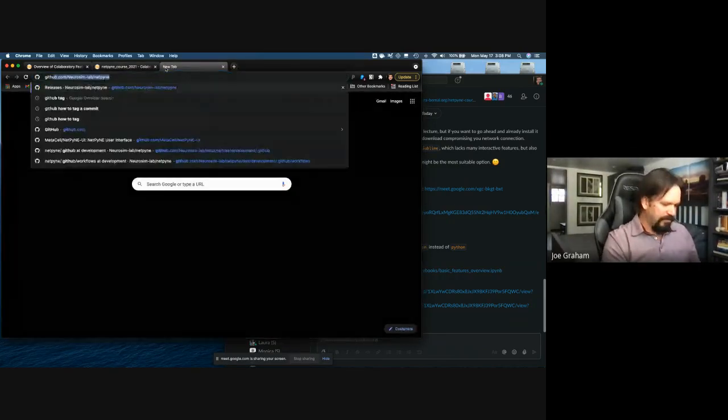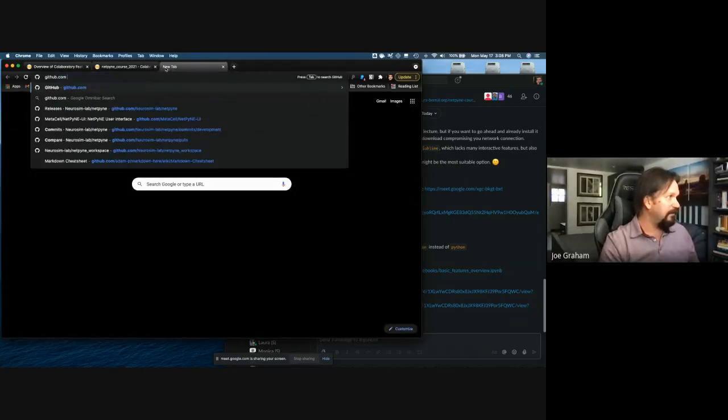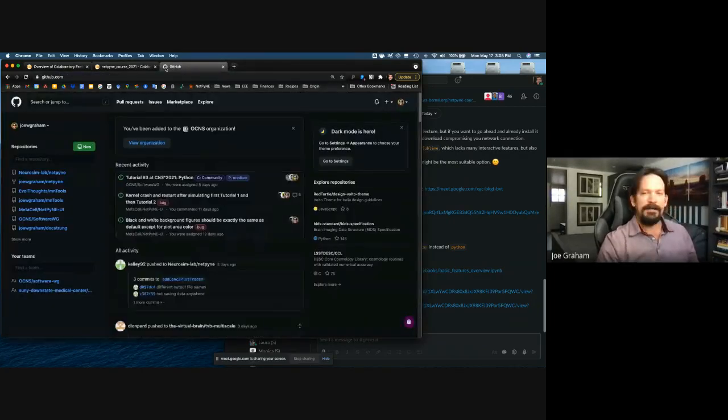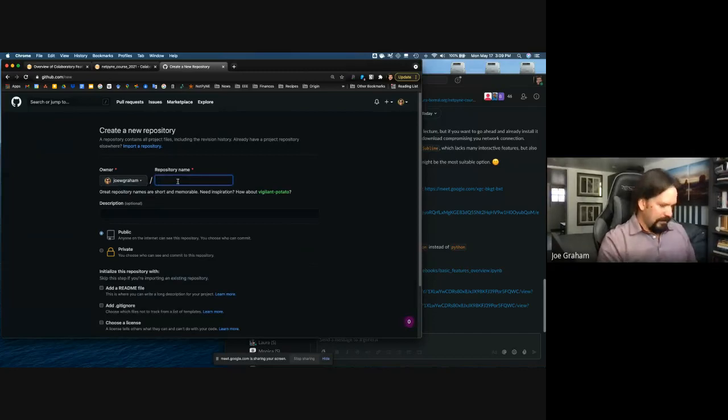And we're going to go to github.com. And yeah, hopefully you all already have a GitHub account. If not, you should really get one, because if you want to share code with tutors and everything, this will be the best way to do it. So yeah, I'm in my GitHub here, and I'm logged in. So I'm going to start a new repository right up here on the left. Click New. And I'm going to call it